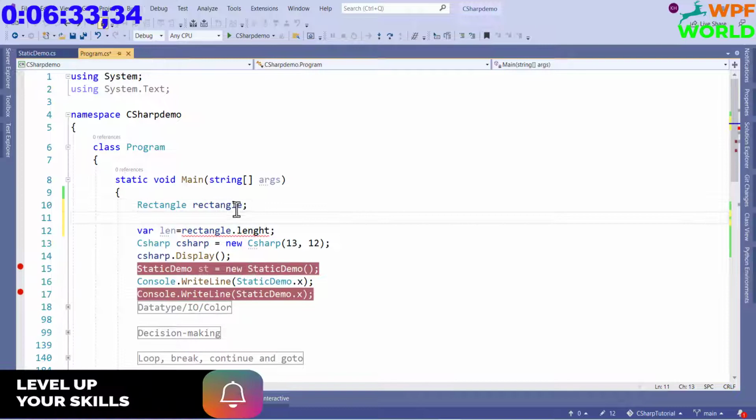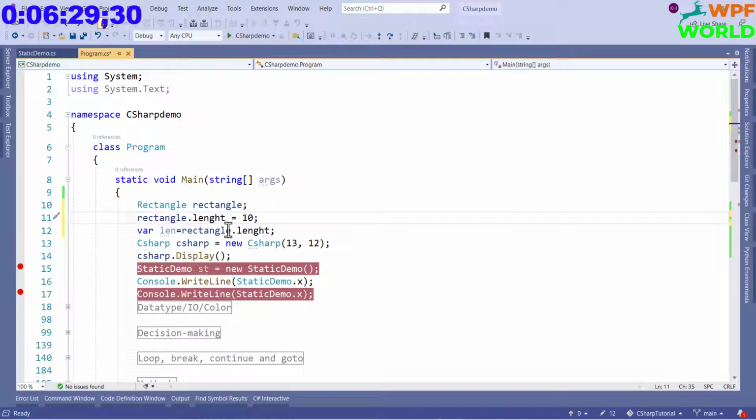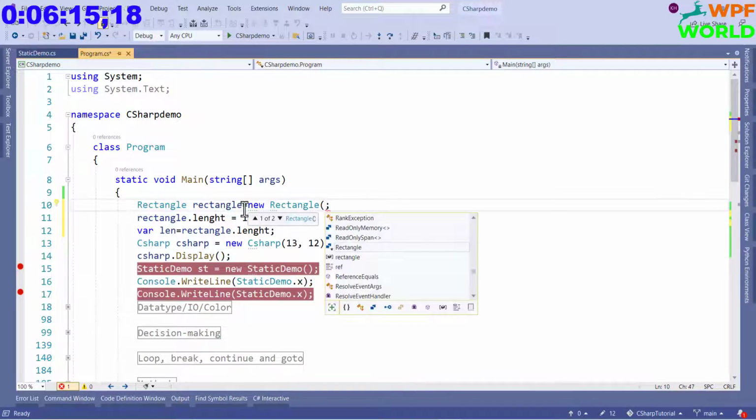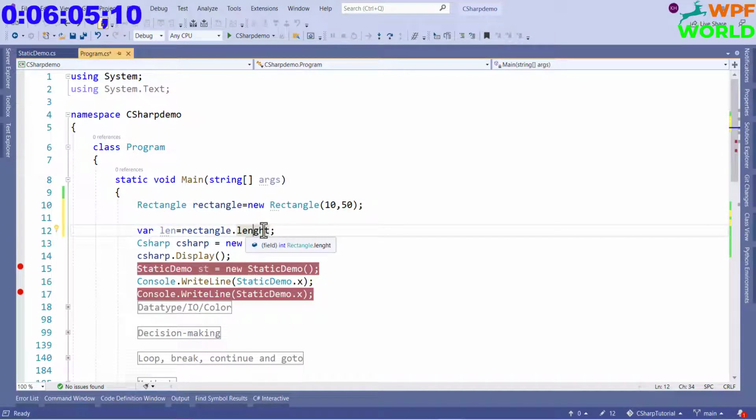Let's see what I'm trying to say. Now I will assign length first to 10. Now let's see. Error gone, right? In the same way, for every member we have to assign, right? But if we want to create the object with the new keyword, then we don't have to assign, because whenever we create the object, we have to pass the value and it will be assigned to the data members of the struct, right? So now let's remove this and see there is no error, right?